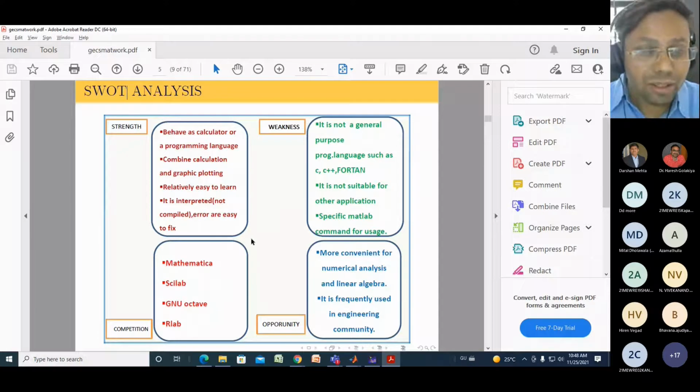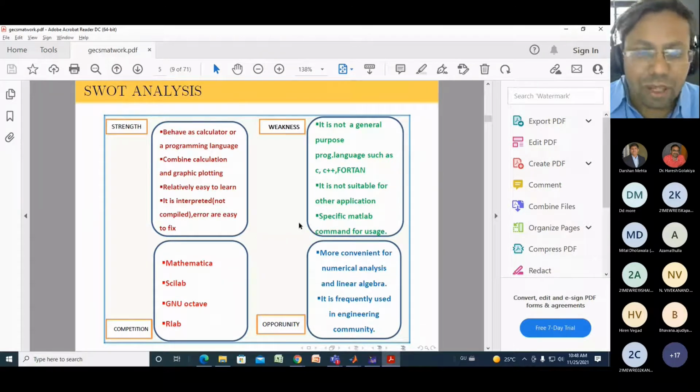Now some of the weaknesses of this tool: it is not a general purpose programming language. Why is it not a general purpose programming language? Because we know that we have C++ and Fortran. All these are basic programming languages, and you can develop any algorithm from these basic languages, but MATLAB is not a general purpose programming language.